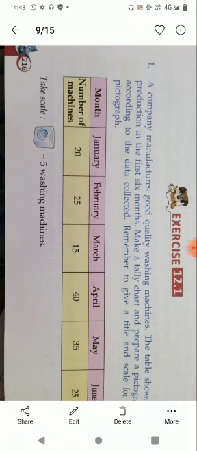Today we are going to study a new chapter, data handling. I have already sent you the written notes for this chapter and I am going to explain this to you. We all know that data play an important role. We collect information, and all this information is collected in the form of data. These data are useless if they are not organized properly, and their representation is also equally important.